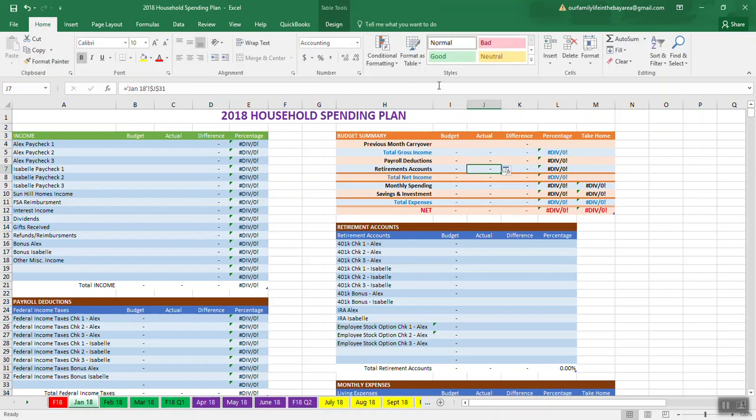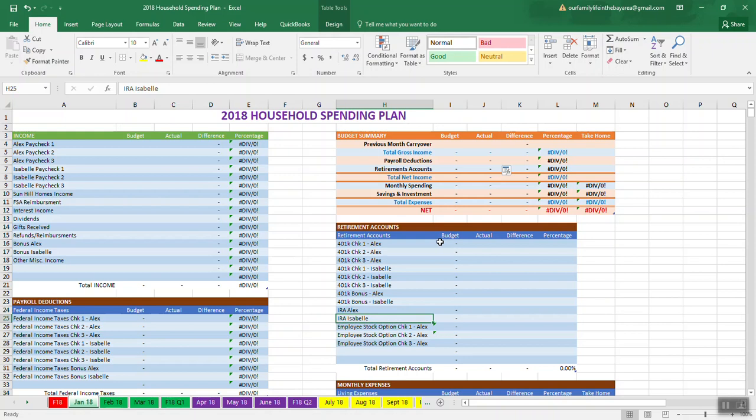Yep. And then we have our retirement accounts. So he has his 401k, paycheck one, paycheck two, paycheck three, and I have my 401k, paycheck one, paycheck two, paycheck three, and we get our bonus check also. A portion of it also goes to our 401k, and that's his, that's mine. He has a Roth IRA, I have a Roth IRA, and this is where we don't go